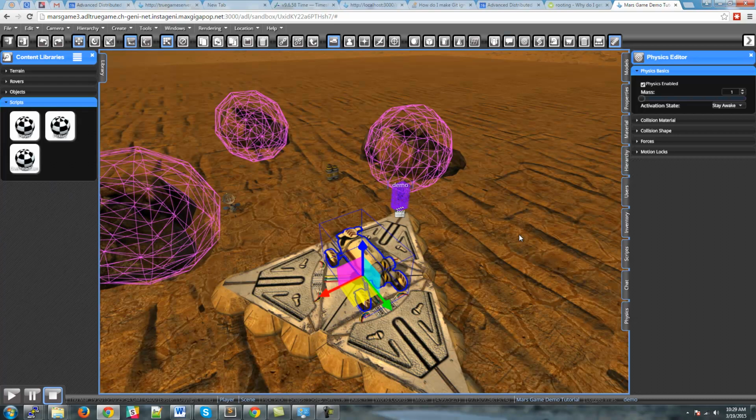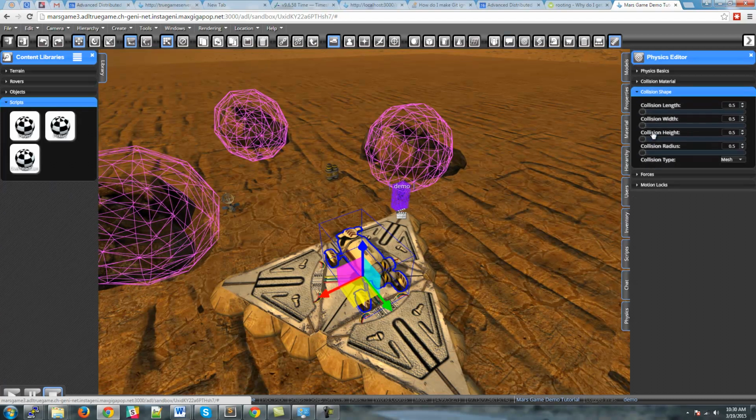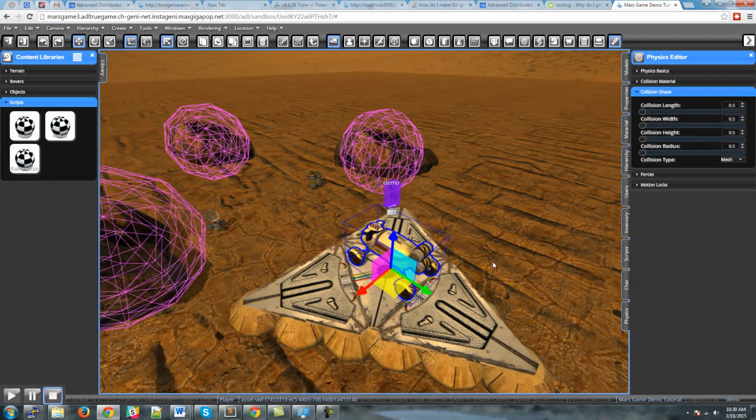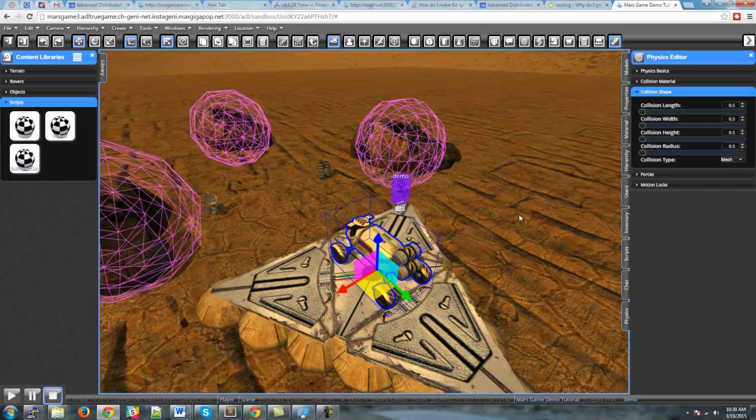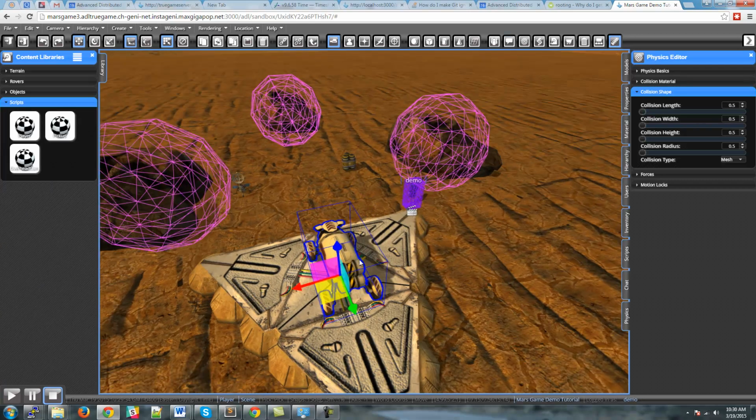Because we're not actually using the physics to steer it around space, we have code that responds to the keyboard that directly sets its position. The physics engine doesn't know that it's moving, and we have to signal that, hey, don't suspend this thing, I'm actually working with it. That's why we click Stay Awake. You should have a little tab here called Collision Shape. When I open that up, I'm going to be able to set what is the collision proxy for this particular